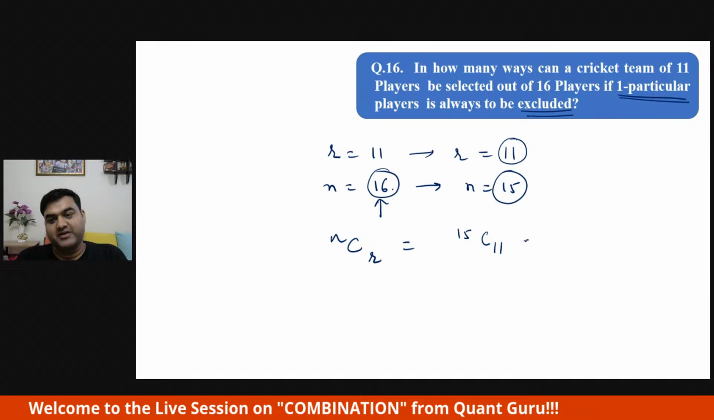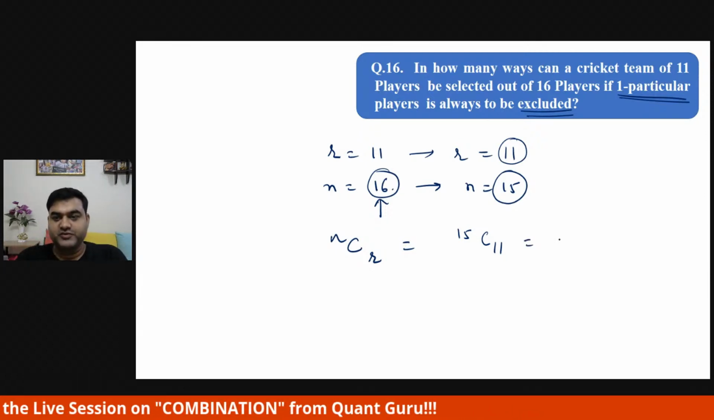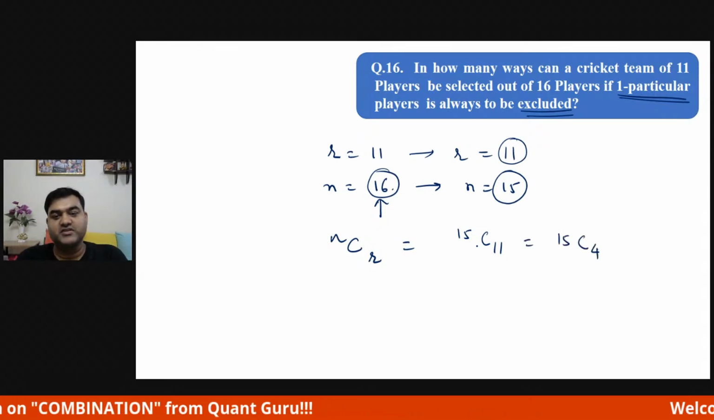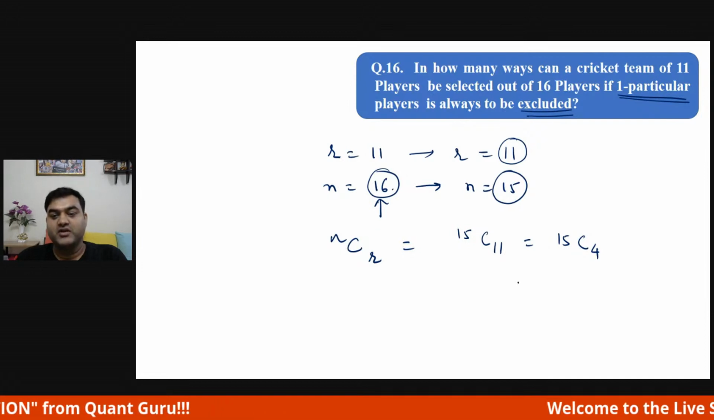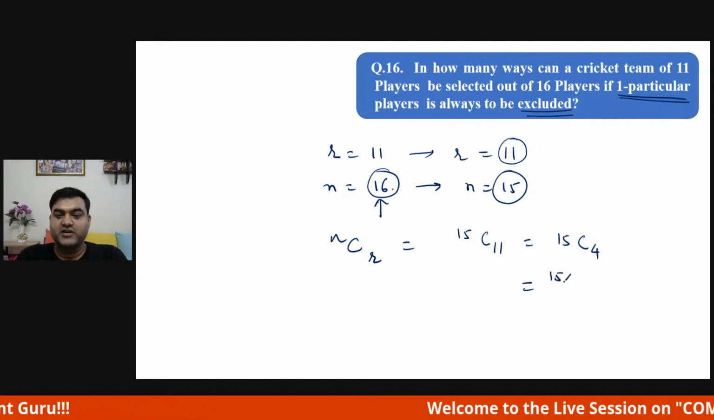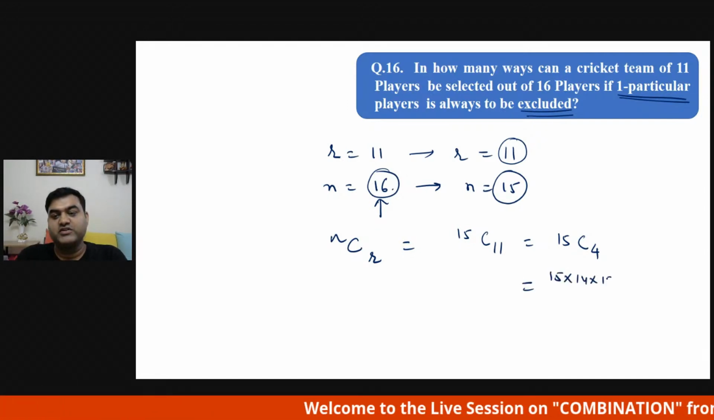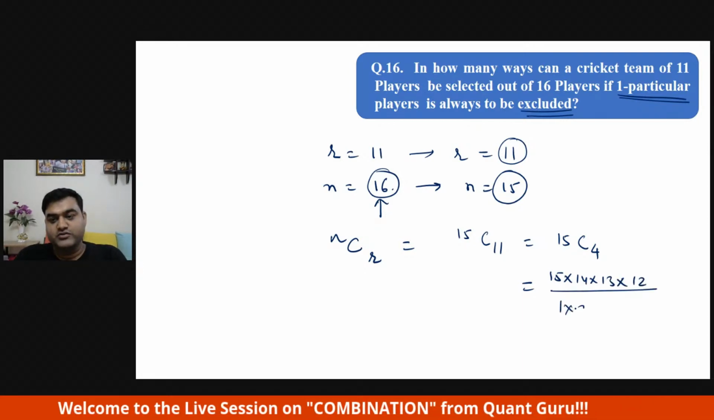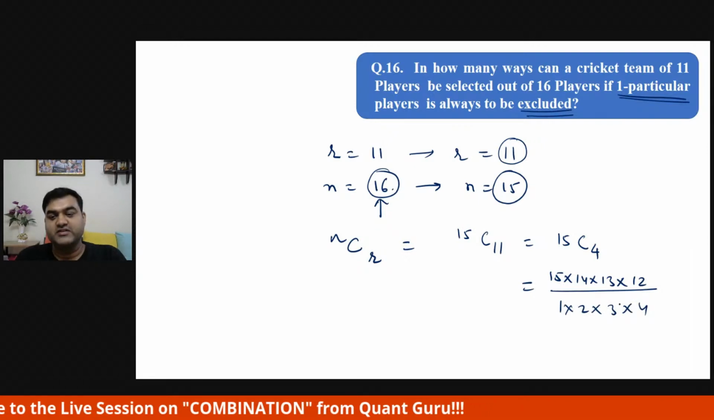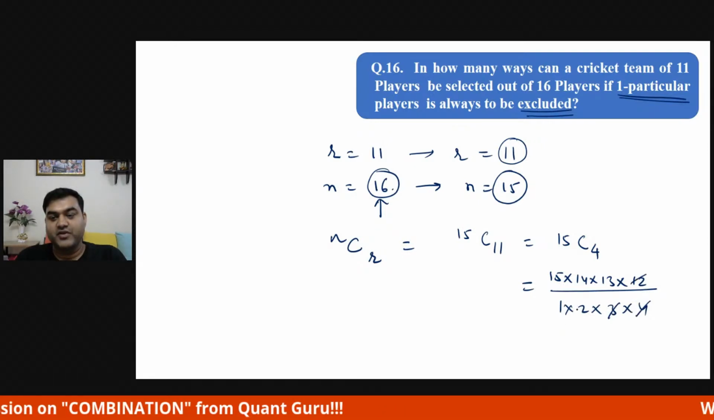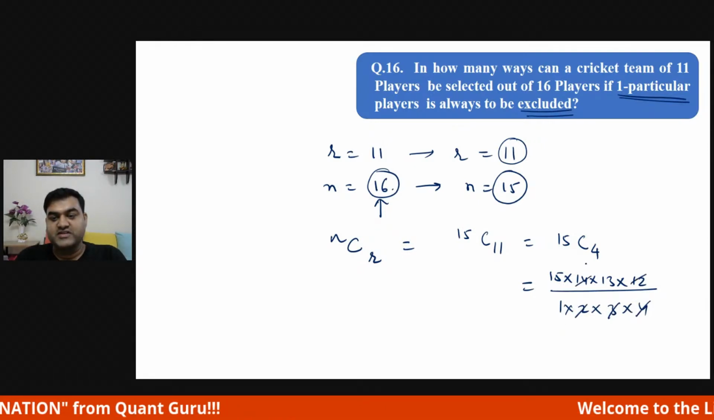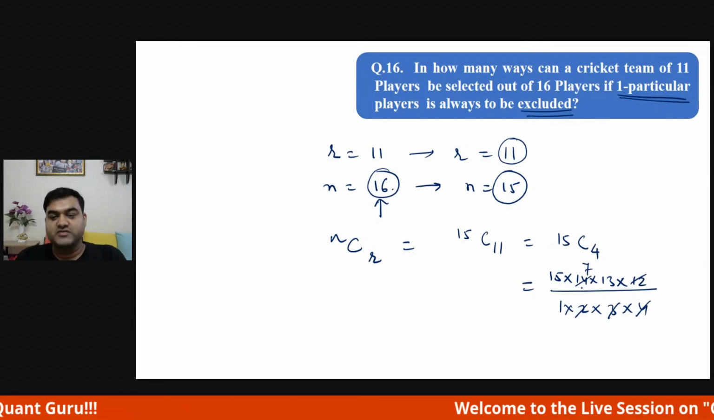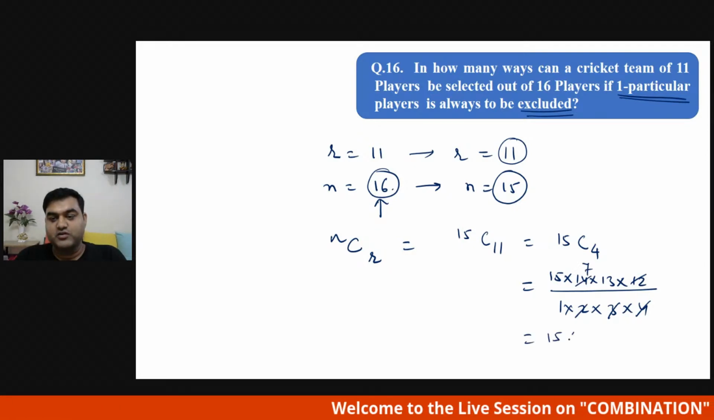So 15C11 again can be reduced to 15C4, isn't it? 15 minus 11 is 4. And just write it down: 15 into 14 into 13 into 12 divided by 1 into 2 into 3 into 4, isn't it? 4 threes are 12, and this can go 7 times. So this will be 15 into